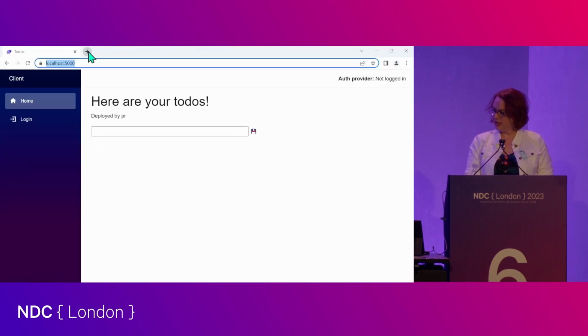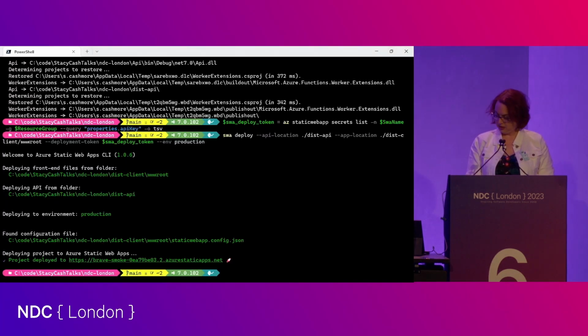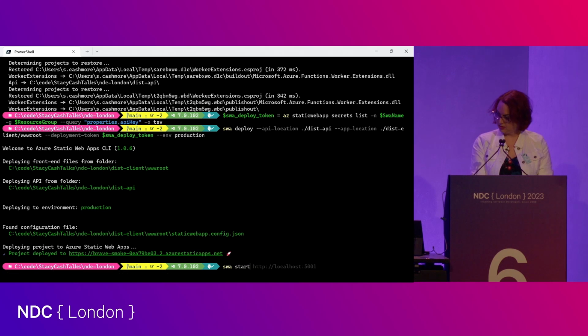And now, if we go to our command line and we say SWA start, this will spin up a Node.js server which pretends to be an Azure Static Web App. They say themselves, this is not the same as a static web app, but it's good enough for local testing, but always test in Azure. And we need to point to HTTP